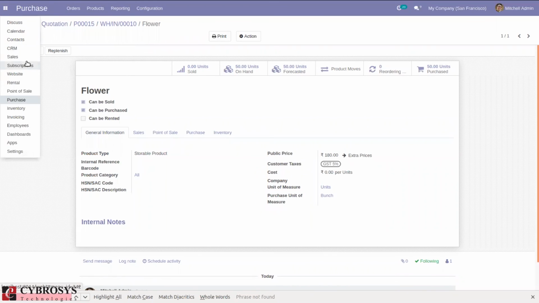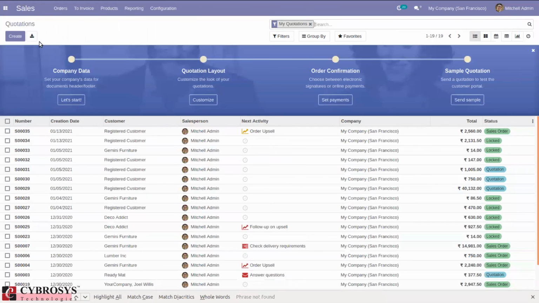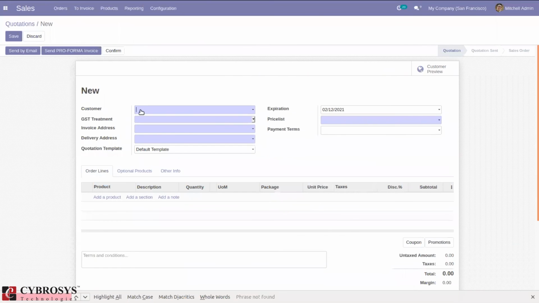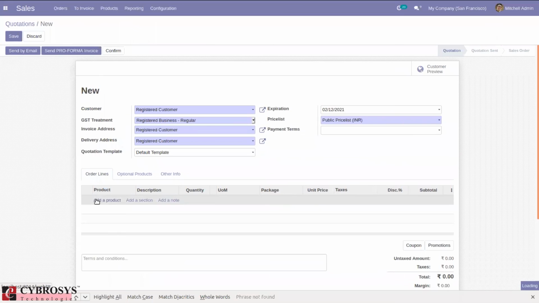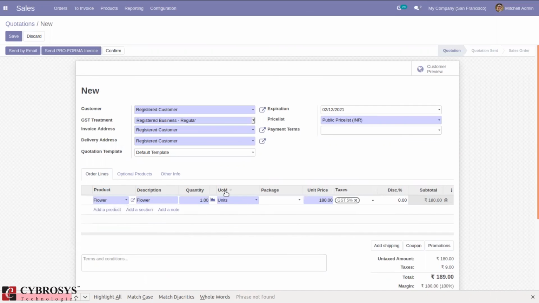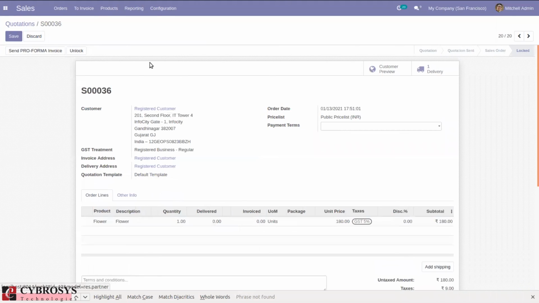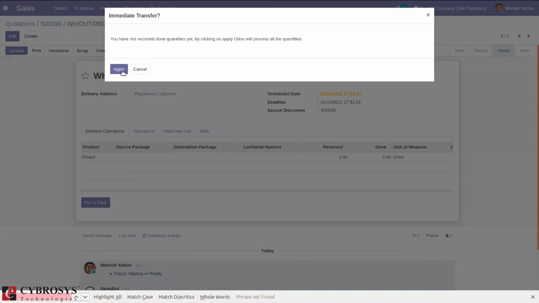So now we can create sale order. So when you create quotation or sale order for the product, when you select this, you can see the default information is units for stock operation. Delivery will be done in units. And if you want to change it, you can change it from here. Okay, then you can confirm it. So one quantity is delivered, that is we can deliver one quantity to customer. So you can validate this delivery.